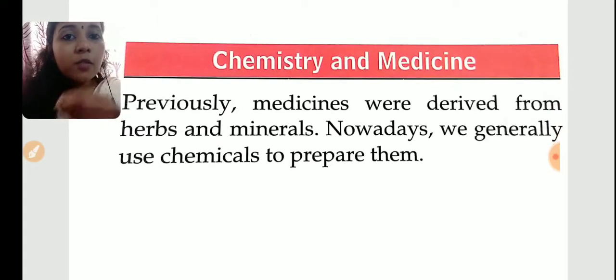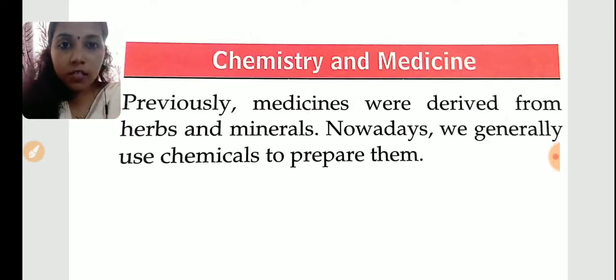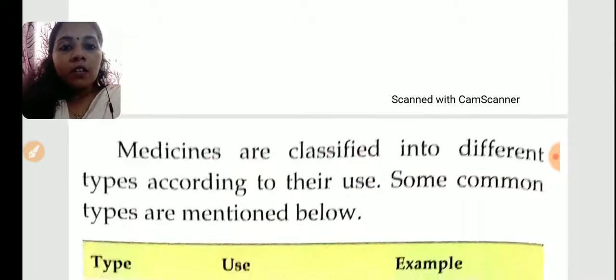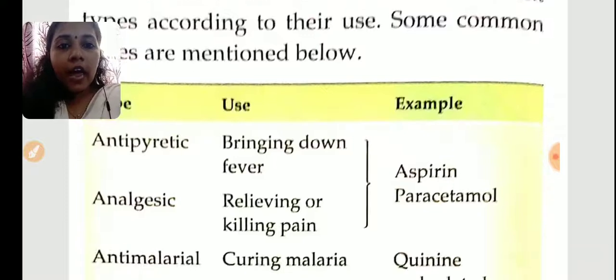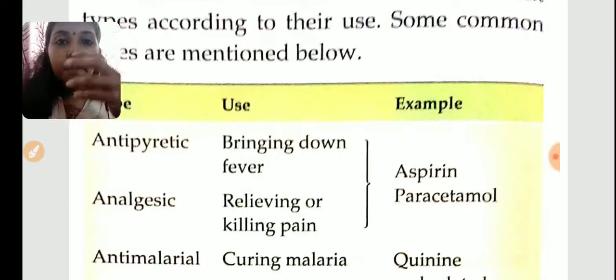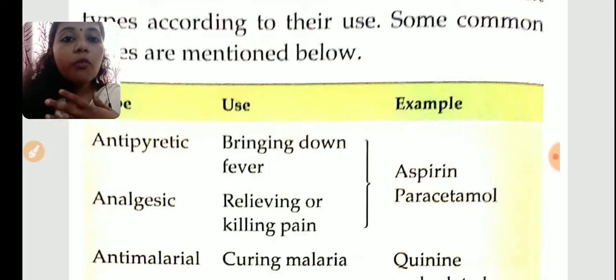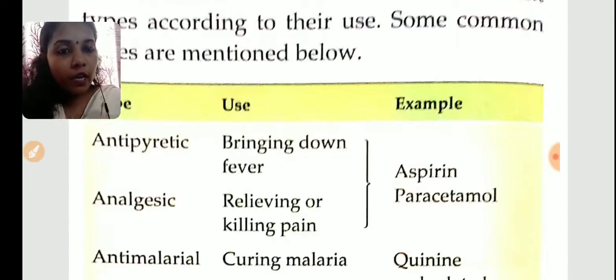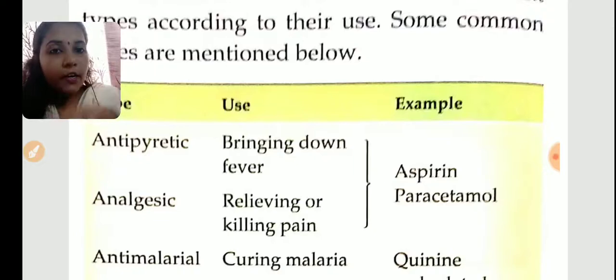Medicines were made from some plants, minerals, etc. From some herbs they were made, Ayurvedic. Okay, and so many medicines are given here. Antipyretic. What is antipyretic medicine? Antipyretic medicine means the medicine which is used to remove fever. If we have cough, fever, etc., the doctors will prescribe some medicines. Those medicines are used to reduce our fever level. They are antipyretic medicines, okay, paracetamol, etc.